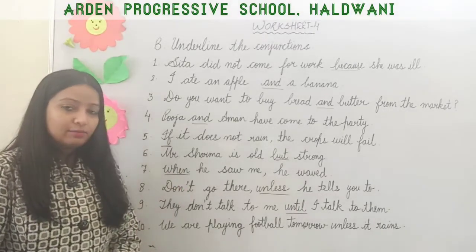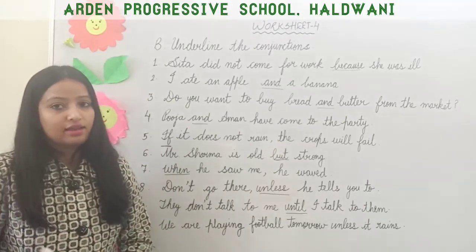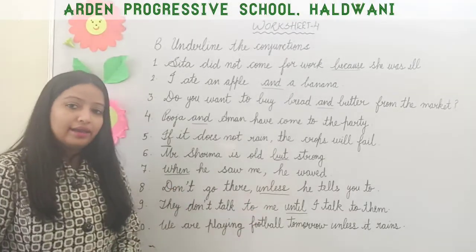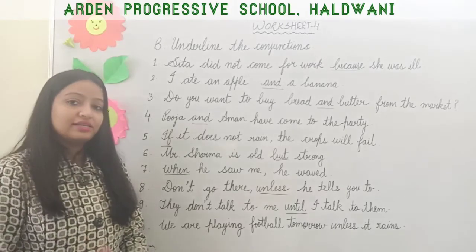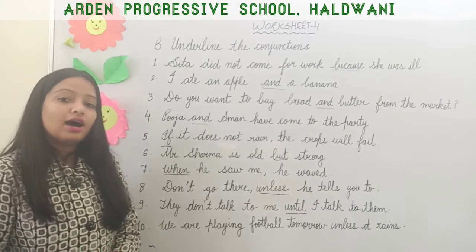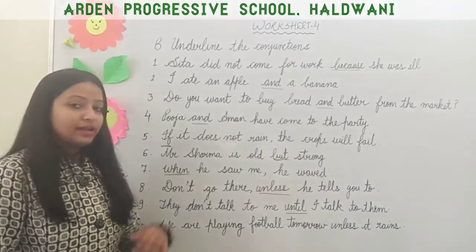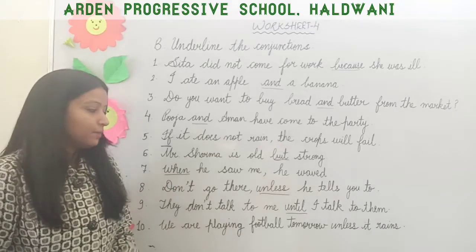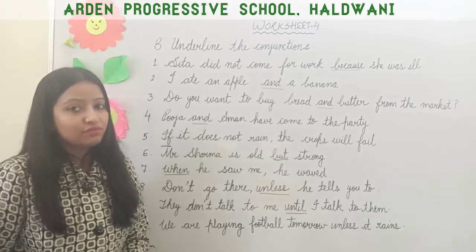When do we use when? When an action starts immediately after another action, then we use when. When do we use unless? When we are saying something with an exception. And before the exception we use unless, because that exception has the power to change the plan. And the meaning of unless is except if, or you can say if not.